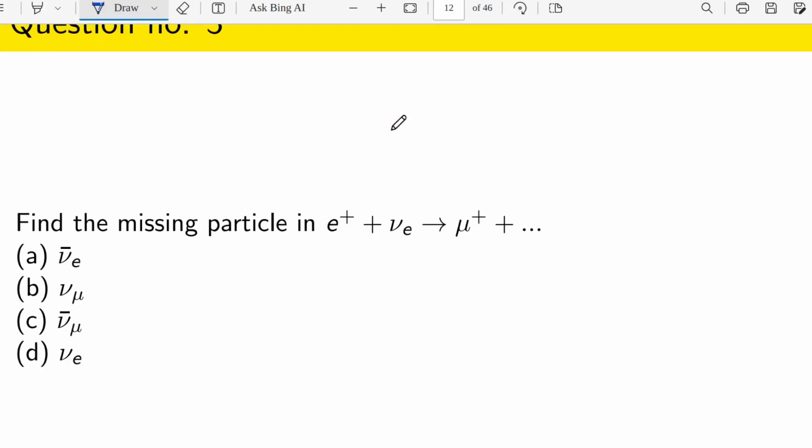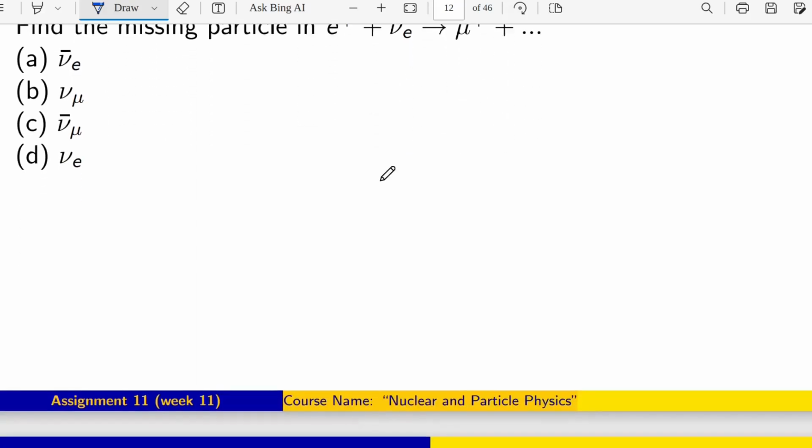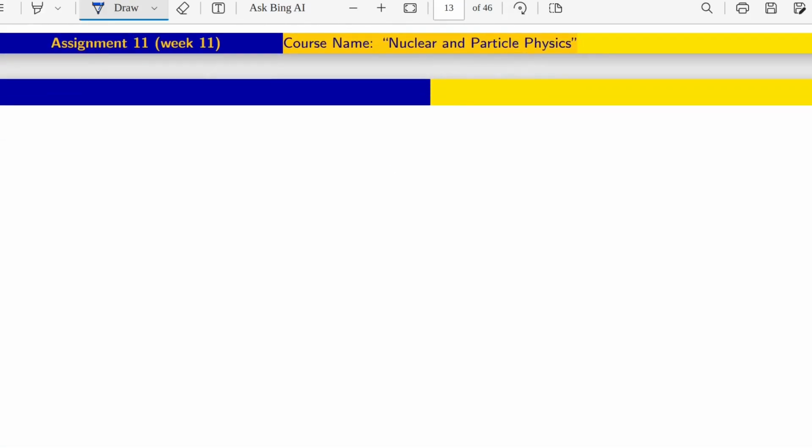Yes, this is the next question. Find the missing particle in e+ + νe → μ+ + ?. There will be 4 options: νe, ν̄μ, μ̄ and νμ. So which one will be the correct one? First of all, I just want to write here e+ + νe going to